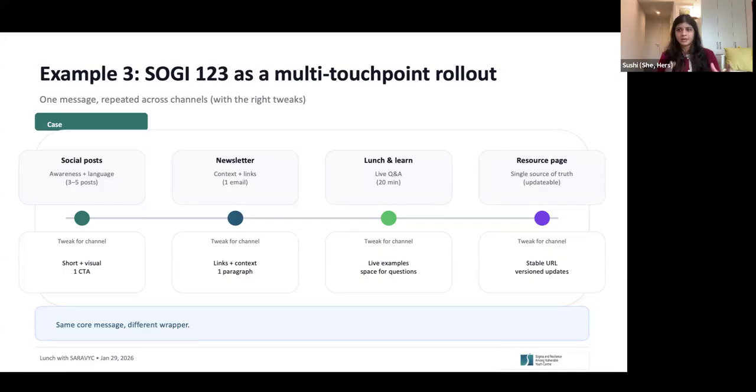So we created a home base, which was the website where the public can find the full report and the key points. And then we made sure that our social content wasn't oversimplifying anything, but gave our audience an entry point. For example, one of our first Instagram posts was, "What is SOGI 123?" Let's not assume that everybody knows everything about what's happening.